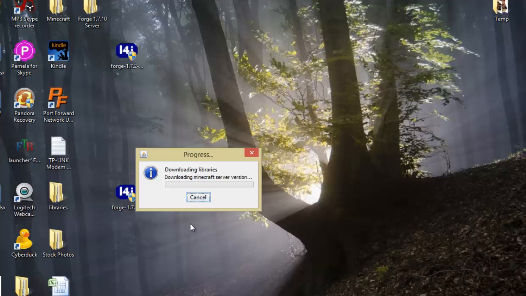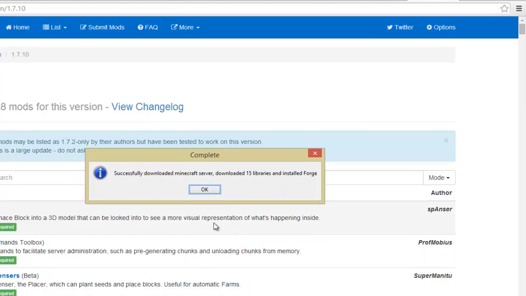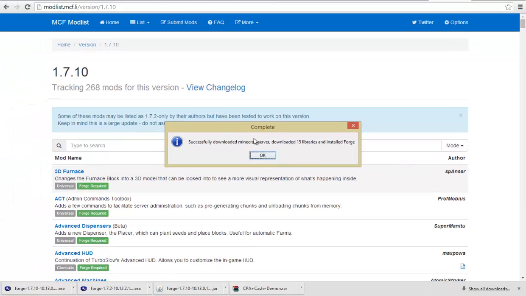Now it is going to take a little while to download all of the libraries and files that it needs, so you just have to give it a minute, and I'll be back in a second. Okay, so Forge has downloaded all of the files that it needs to run the server, but while that has